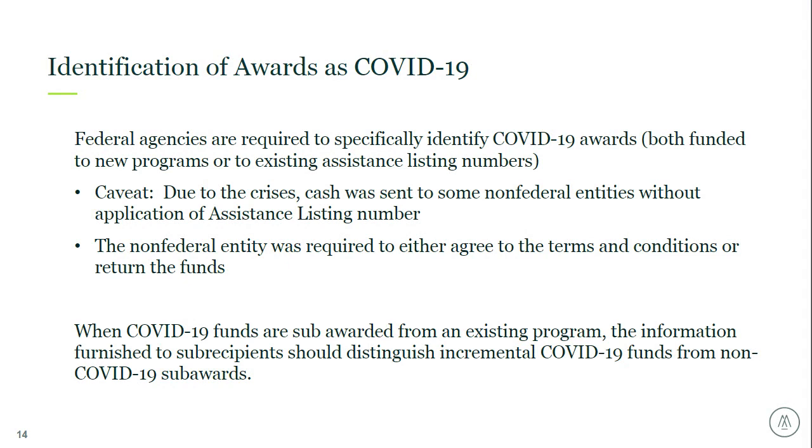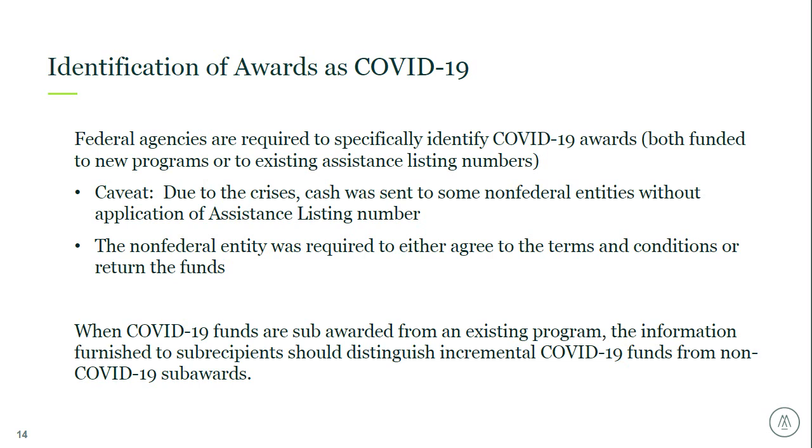Thanks, Adam. So we're going to continue with the COVID-19 focus for a little bit more, and actually for the majority of our discussion today. But now we're going to take a shift away from PPP loans and talk a little bit more about treatment of specific federal funding as it pertains to the schedule of expenditures of federal awards and a few other accounting considerations. Under the Coronavirus Aid, Relief, and Economic Security Act, which we'll refer to as the CARES Act for the rest of our presentation, multiple federal agencies issued relief funds.